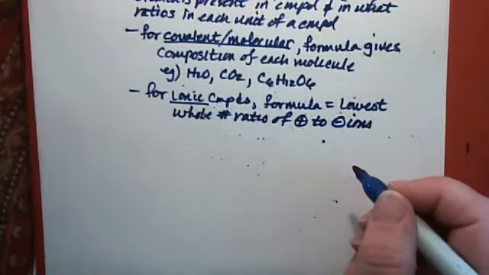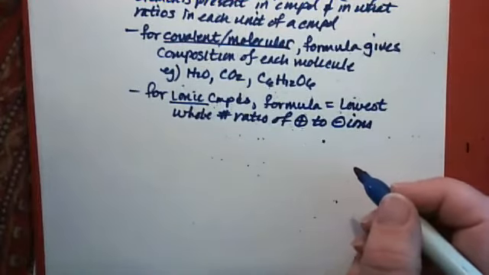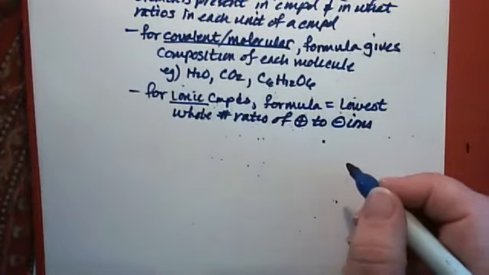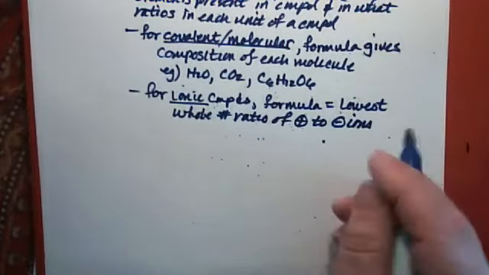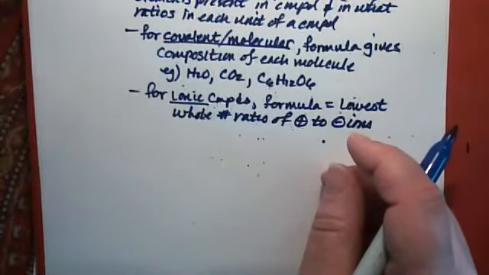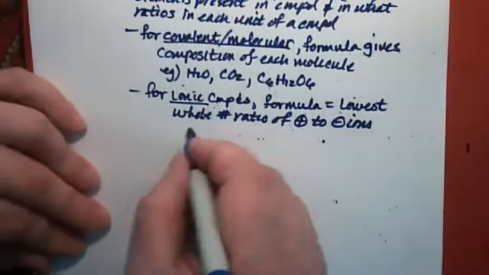Like we saw with sodium chloride. Even the smallest piece of sodium chloride is probably going to have billions or trillions or quadrillions of sodium ions, but it'll have the same number of chloride ions. So we reduce that to a 1-to-1 ratio,